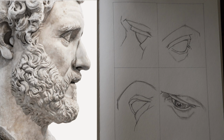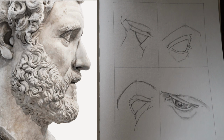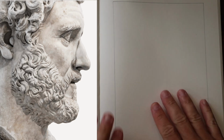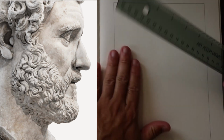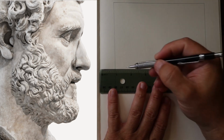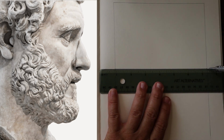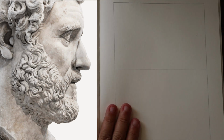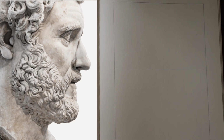So we are using a marble bust, a sculpture, as our reference because it does make it easier. So now you get to see how. I'm going to turn my page here in my sketchbook and divide it into two, top and bottom here. And as we said, we're going to try to do six in sixty minutes. We're doing pretty good. So this first one,